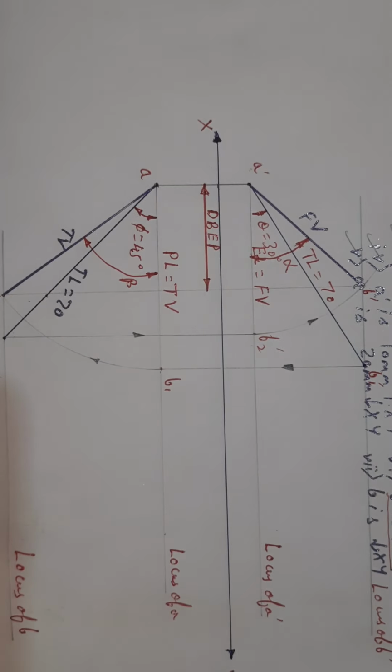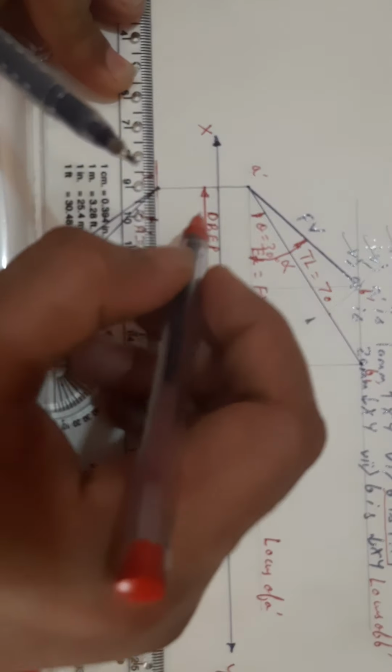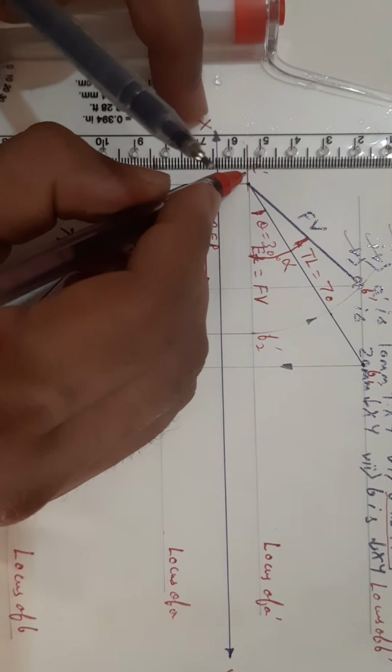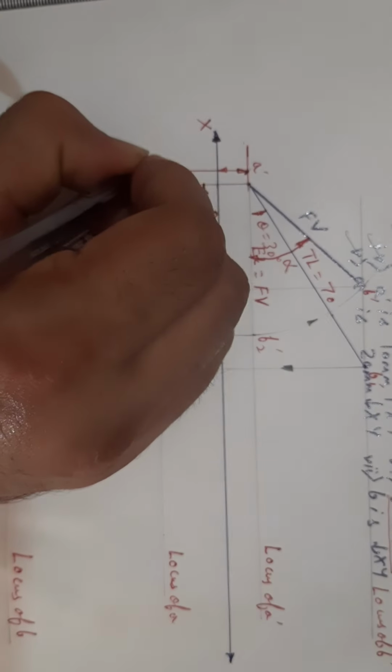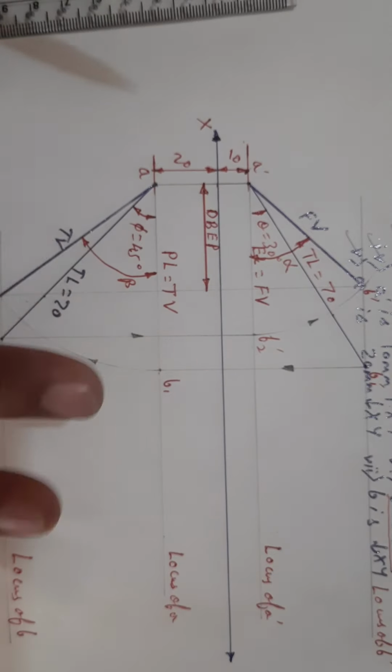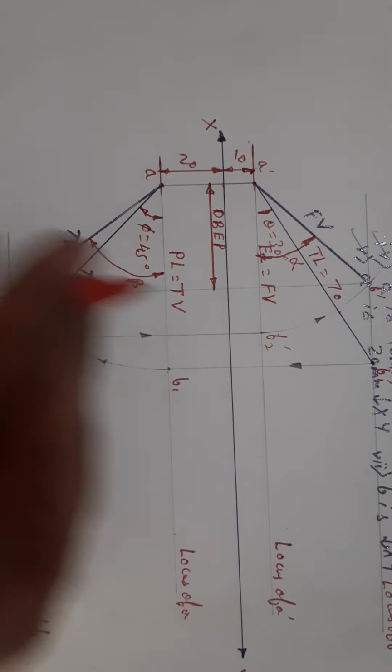Okay, just the last part to show is nothing but the dimension which is left out. So here it is, like this, and the dimension 10 mm above and 20 mm below, that we are supposed to show. So here it is. 10 mm, 20 mm. The angles we have shown, the true lengths we have shown, top view length we have shown, everything is there. So friends, this is how the problem gets completed.